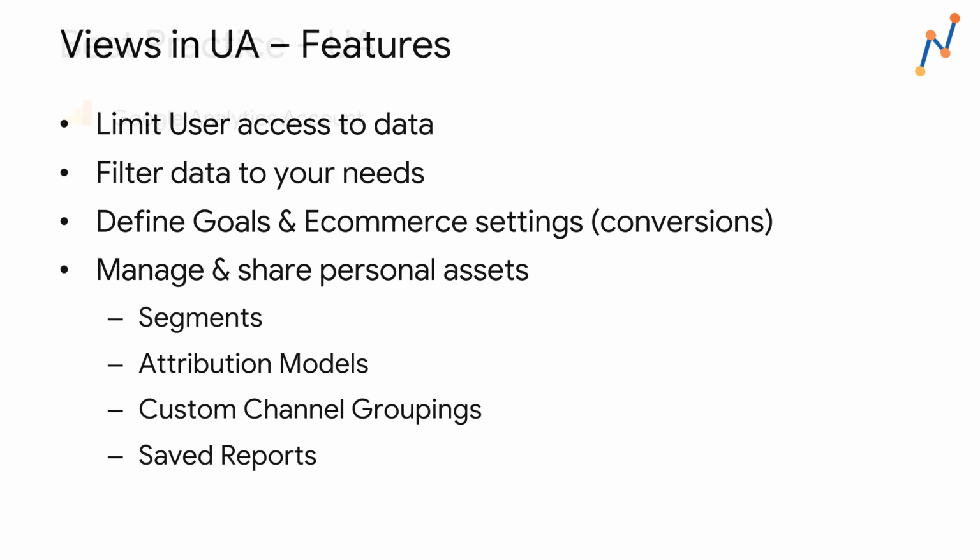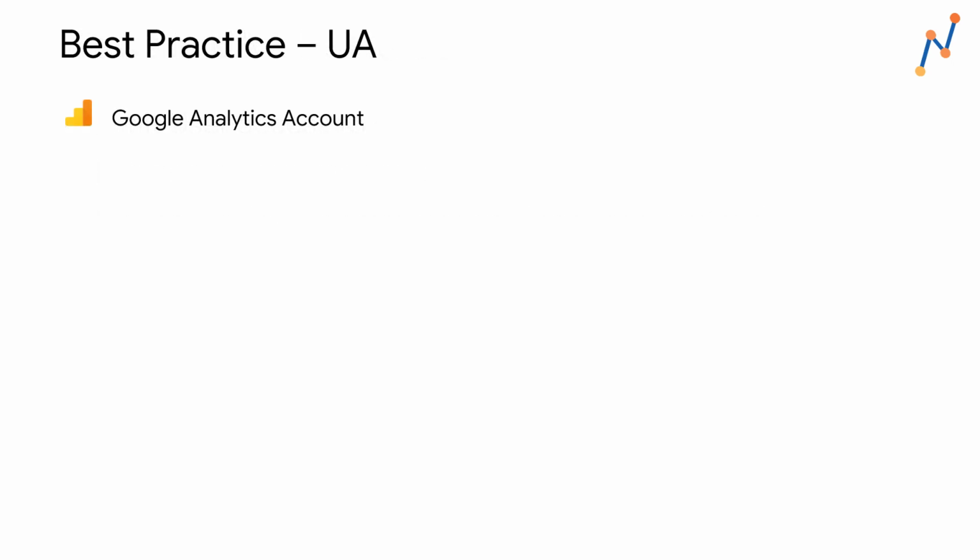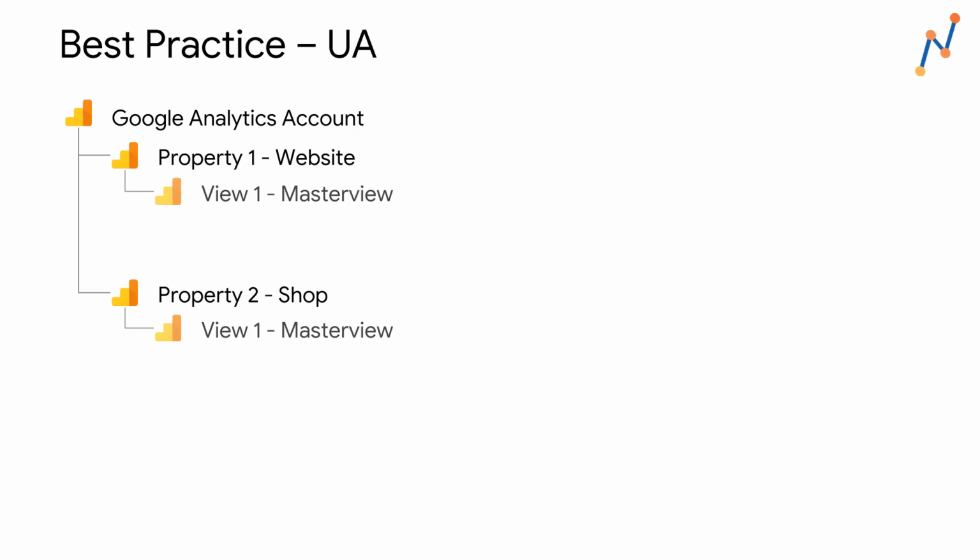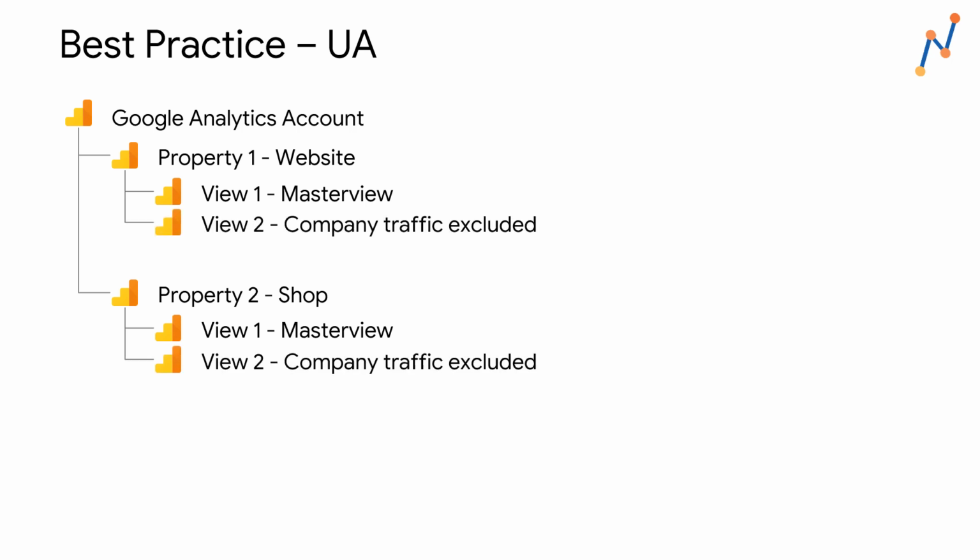That being said, it became a best practice for Universal Analytics to always create one property per domain with at least 3 or more views. And in the first view, you should always collect unmodified data. This is what we call the master view. Each subsequent view then should collect data that is specific to the type of analysis. For example, data without the company's own traffic to make sure the data evaluation will not be blurred by traffic coming from the employees. Or an example, data that is collected with Google Ads